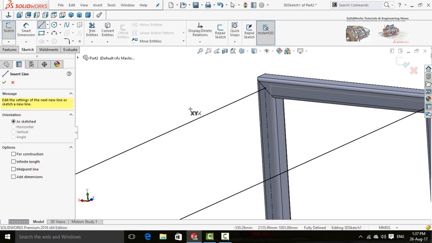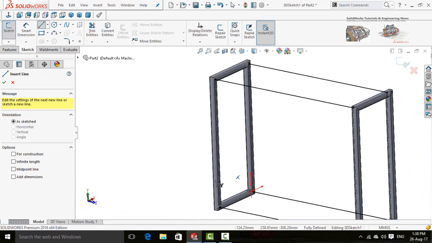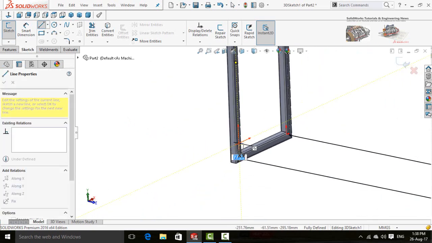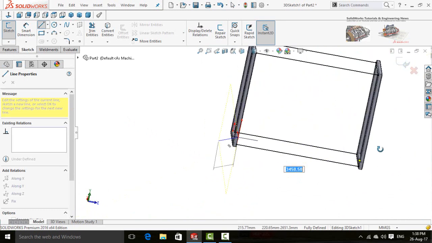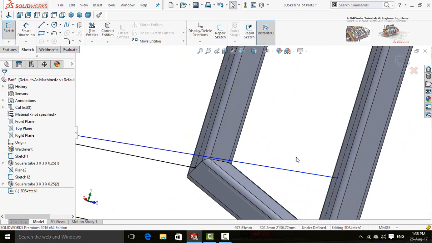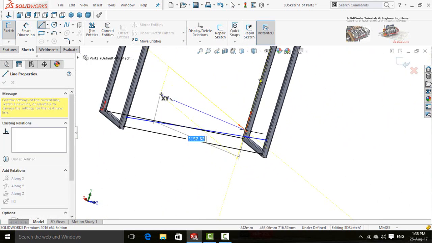Now draw line coincident to the center line, to this center line. Same line on the other side.